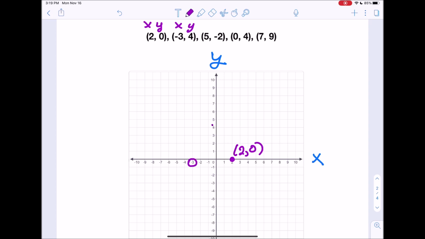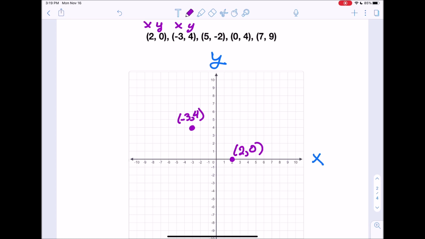Y is +4, so I'm going to find my +4. And once again, I'm going to follow the lines until I see where they meet, and they meet right here. So that's where I'm going to put my dot. And remember, you don't leave the dash marks. You just put a dot. I'm only showing you the dash marks so you can understand how I'm finding the point, but you don't leave